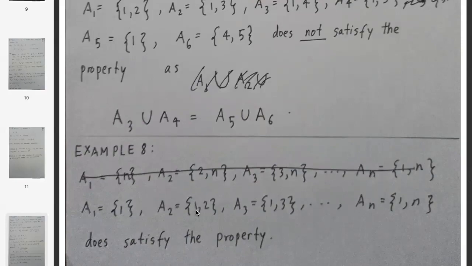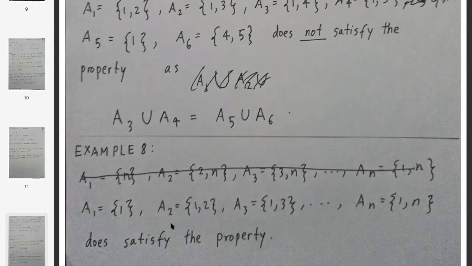And why is that? Because if we ever take one of the Ai for i greater than 1, it will contain the element i. But for i greater than 1, no other set will contain that element i. So therefore, you cannot have it in the union on both sides. So we cannot include the sets A2, A3, A4, A5, An in our grouping. So we're only left with A1, but of course we can't form two groups with A1. So it's not possible to form such groupings with these sets.